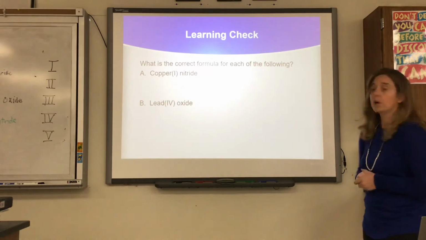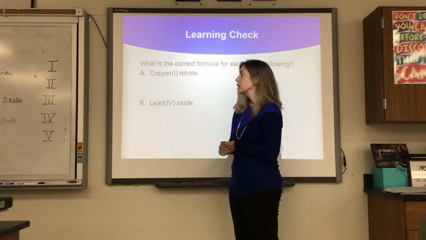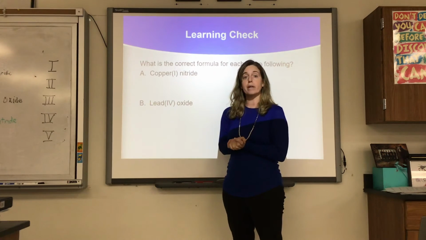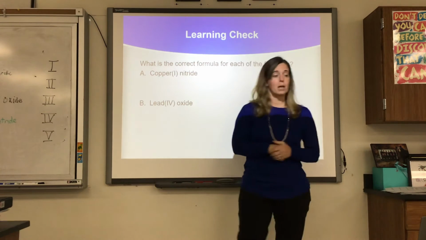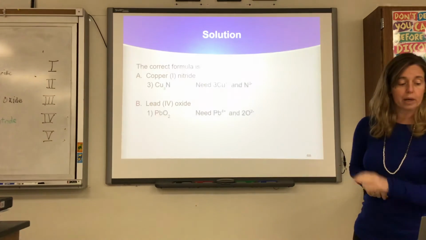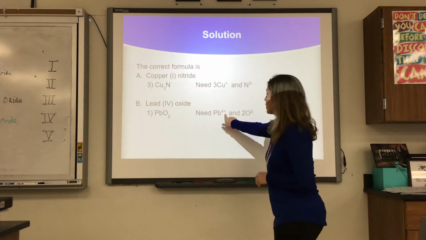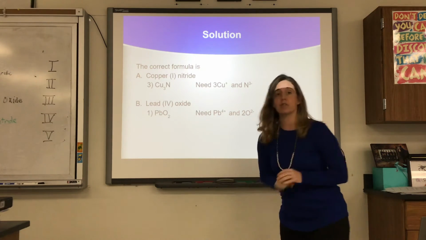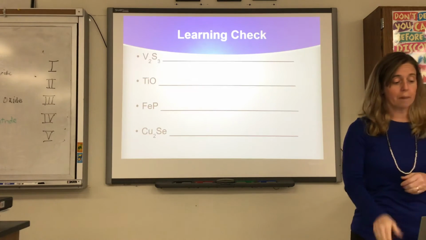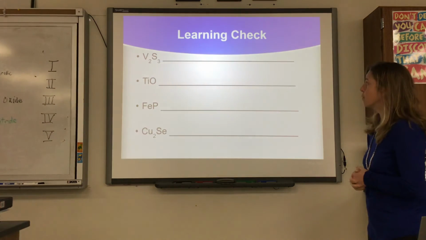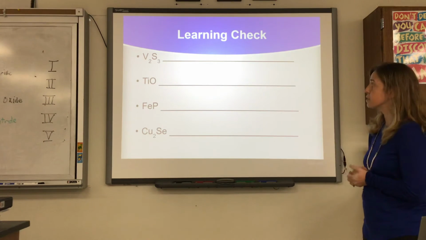Now, what if we had copper 1 and nitride? So copper 1, meaning it's Cu plus 1, nitride is an N minus 3. So you have a plus 1 and a minus 3. They don't cancel, so you crisscross them, and when you write it, it's going to be CuN3, okay? And then lead 4 oxide, plus 4, you need 2 oxygens in order for that to cancel out. So it's PbO2, okay? All right, so if we were to name these particular elements, okay, V2S3, remember you're looking